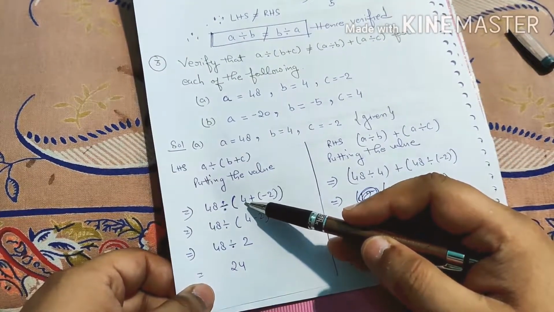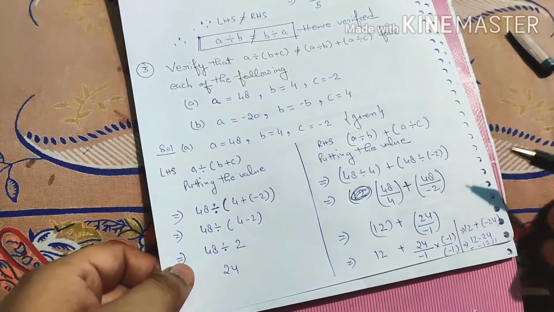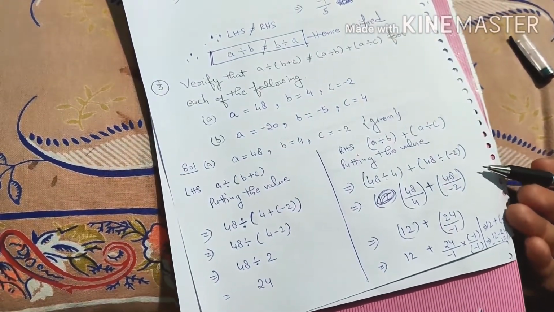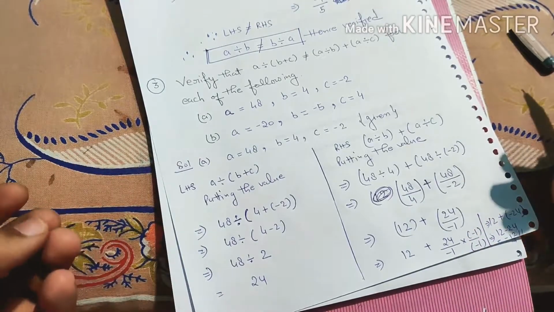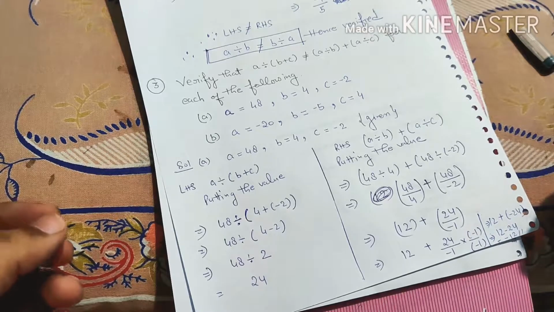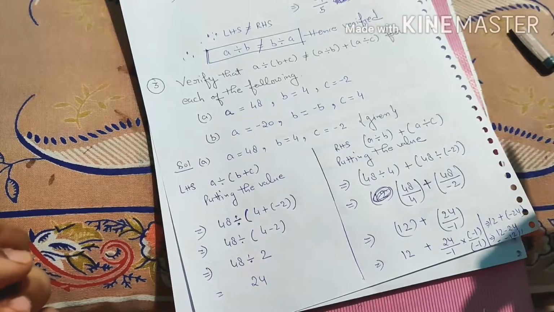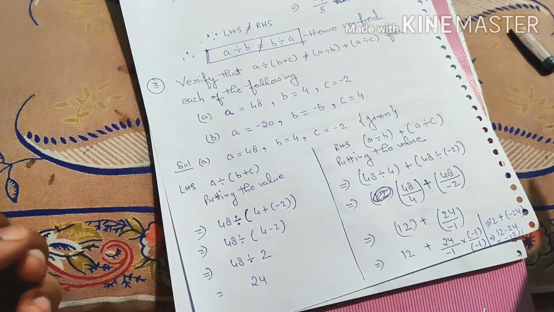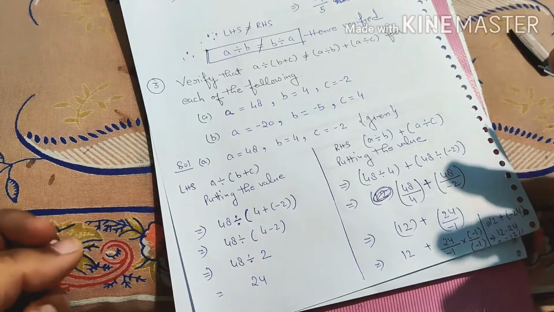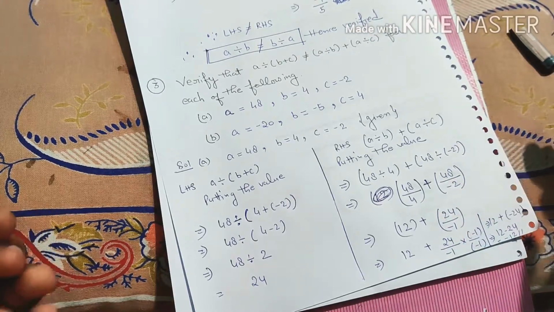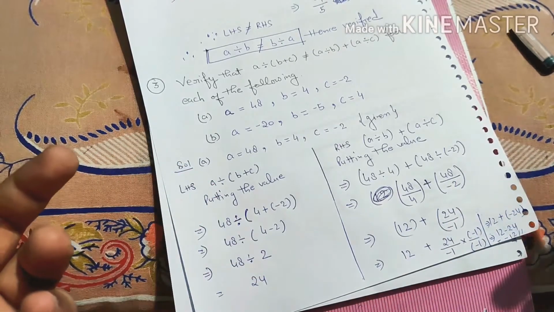In this we have to solve the bracket first. In a bracket, don't hesitate, don't be disheartened that we have to write one more step. Write down as many steps as you want, because you are in the understanding phase. Once you understand the things, you can easily solve them by skipping the steps. You can solve it mentally, but in the learning phase you can't skip the steps.